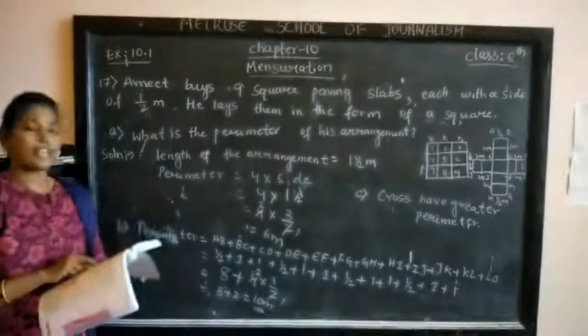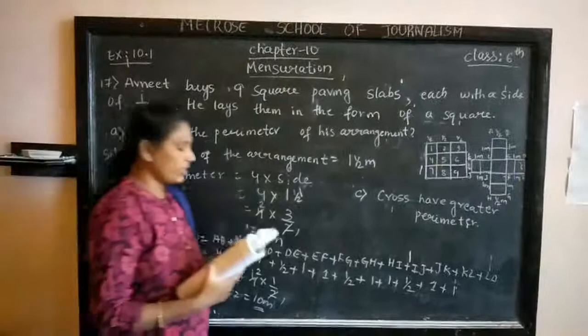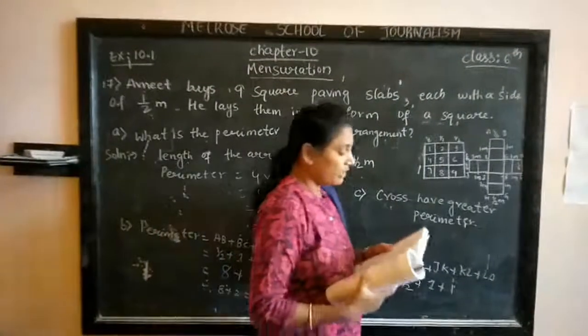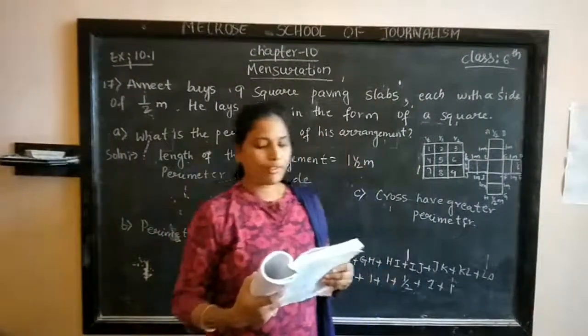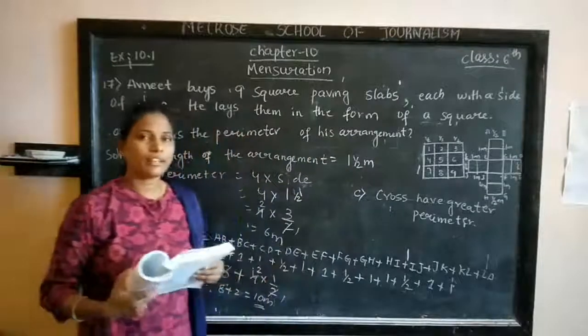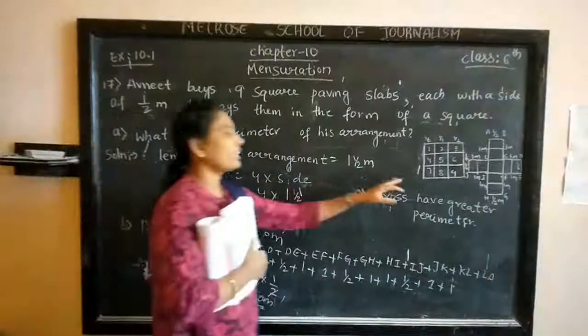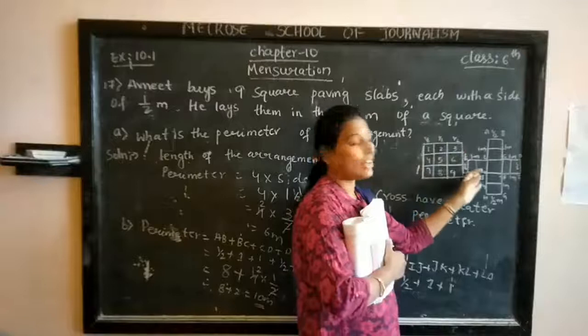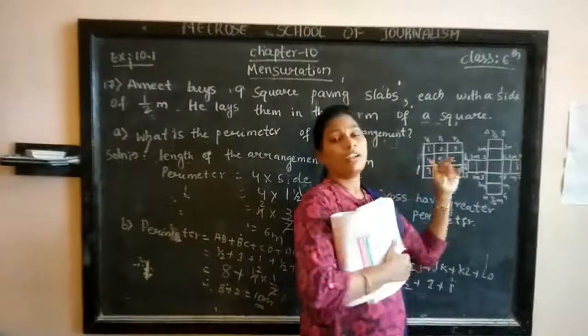Okay. And next, the last question, it is your homework. The thing is, Avneet wonders if there is a way of getting an even greater perimeter. Means, see, after Shari's arrangement, Avneet gets to wonder